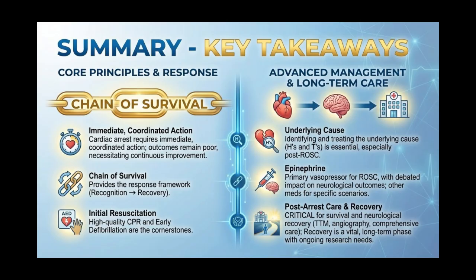The chain of survival guides cardiac arrest management, outlining a series of critical steps for effective intervention. There are two distinct chains for out-of-hospital and in-hospital cardiac arrests. For out-of-hospital cardiac arrests, the chain includes activating emergency responders, starting high-quality CPR, defibrillation, advanced resuscitation efforts, post-cardiac arrest care, and recovery. In contrast, the in-hospital chain focuses on early recognition and prevention, followed by activating emergency responders, starting high-quality CPR, defibrillation, post-cardiac arrest care, and recovery.